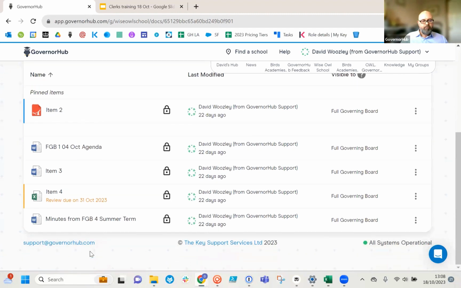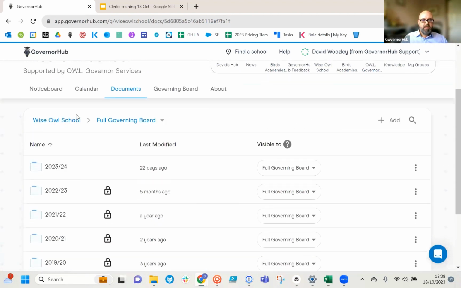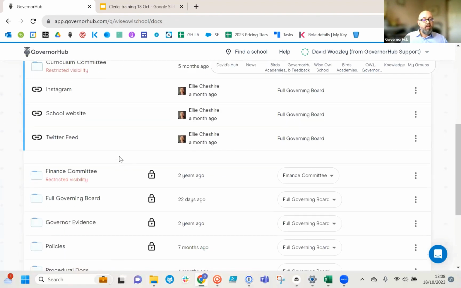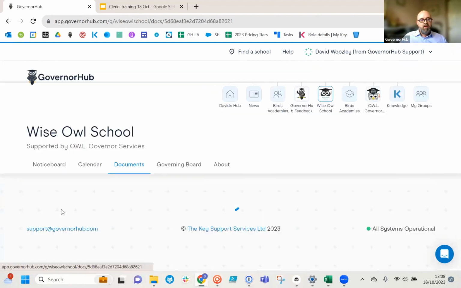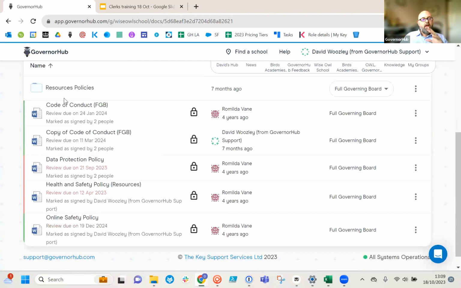Okay. We're talking also, it's likely you're going to have a million policies to keep track of in an average year. So if we are working with our policies in GovernorHub, you may well have a policy folder. If you put your policies into a policy folder, it's possible in GovernorHub to set review dates for these policies on the actual document within GovernorHub. So you can see here,